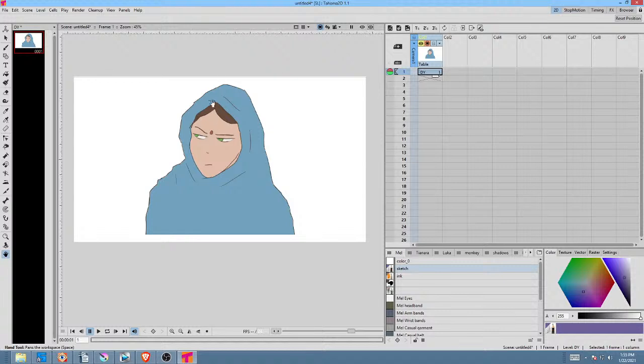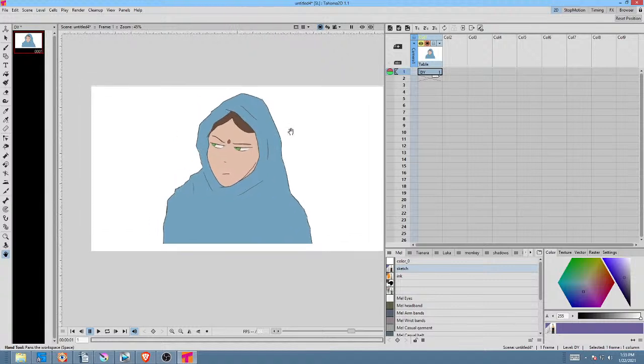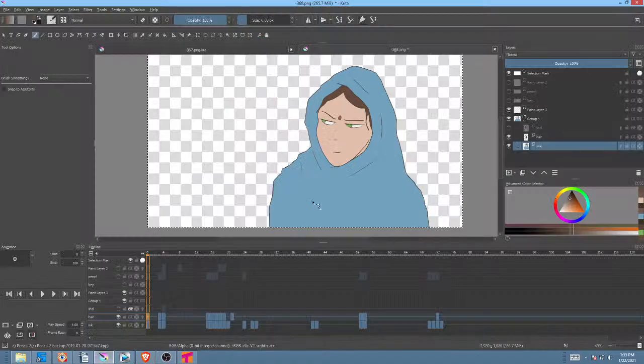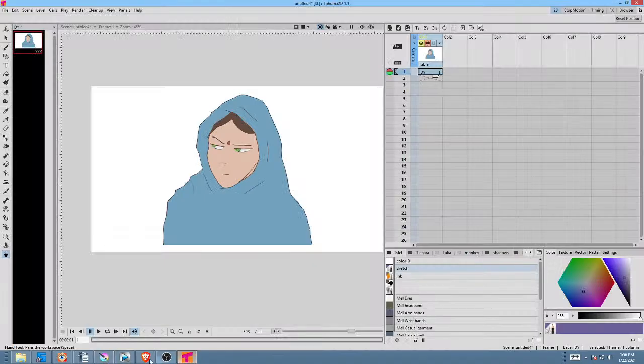I think this is a very, very complete and powerful workflow, because I prefer this to actually using the smart raster levels as a general rule. There are exceptions, but generally I prefer to actually work with the raster levels pasted from Krita, because I have a little more control over the imagery. So anyway, if you didn't know you can do that, now you do. And then you can rearrange them any way you want on the Tahoma side. I almost think of these two guys as being, for all intents and purposes,